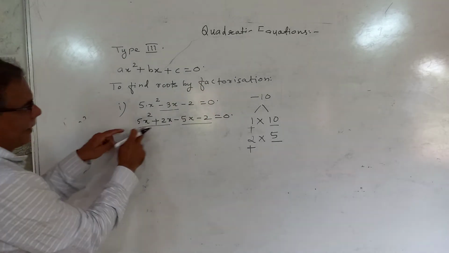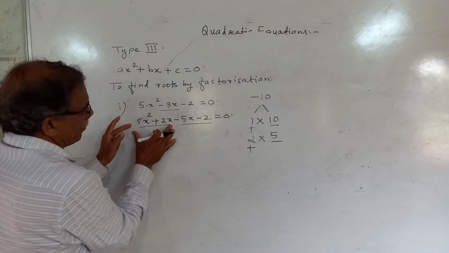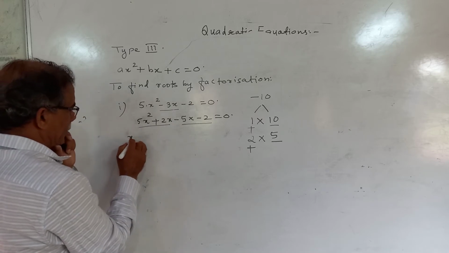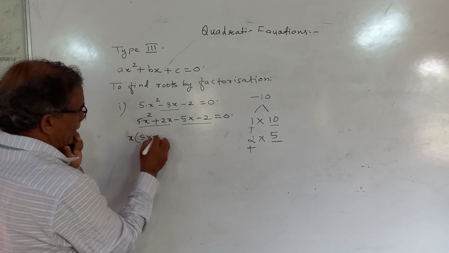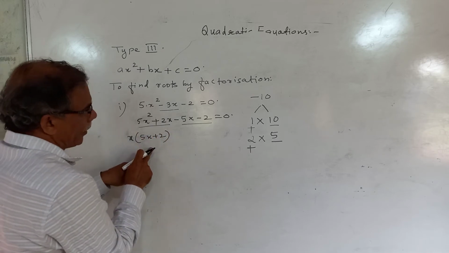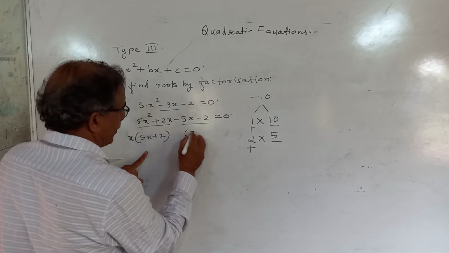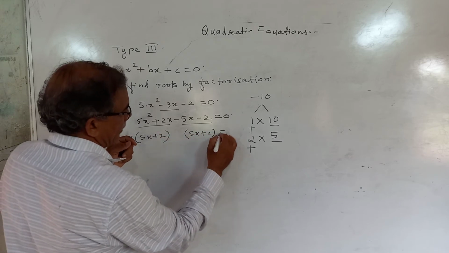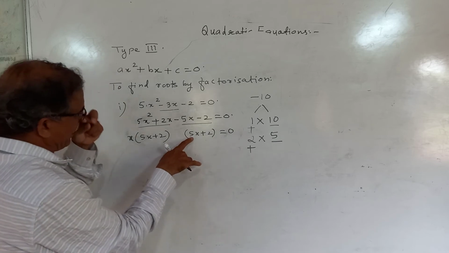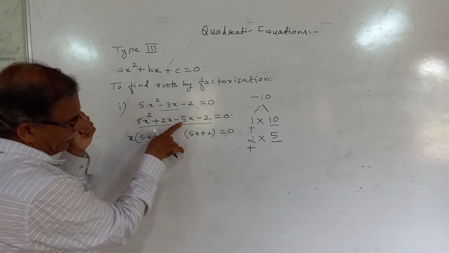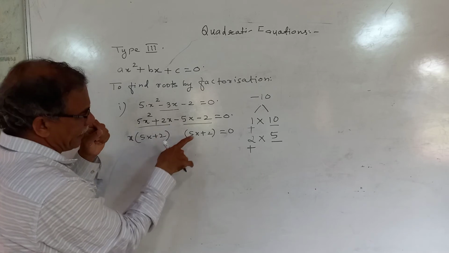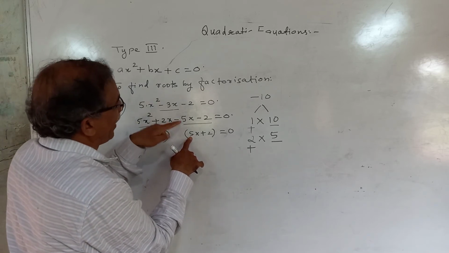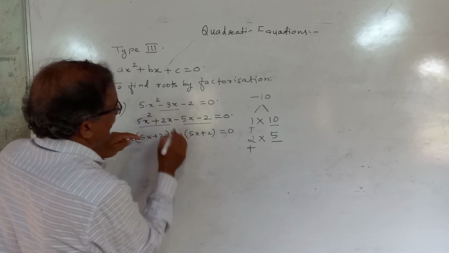Okay. Now here 5x square plus 2x. Consider this part. What is common? Only x is common. So what is remaining here? 5x plus 2. Whatever is common in the first bracket, that will be common in the second bracket, if you have not made a mistake here, is equal to 0. Now this 5x, it is from here, this factor. So here it is 5 and here it is also 5. So you say table of 5, you still get 5. 5 ones are 5. So you write here 1 and this minus sign.